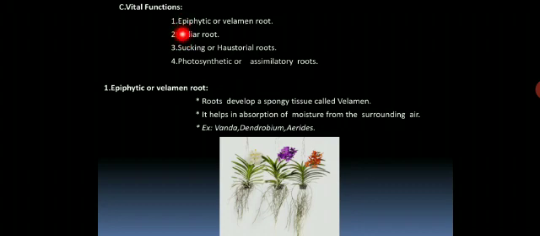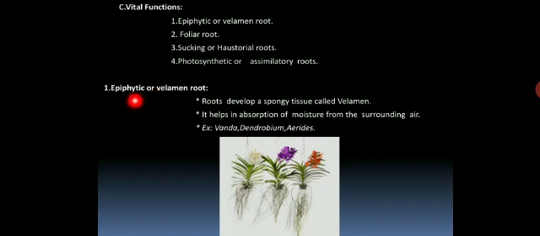First one, what is epiphytic root? Why do we say it is otherwise called velamen root? Epi refers to upper side. Phyte refers to plant. The plant has the capacity to grow on another plant. That type of plant is called an epiphytic plant. The epiphytic plant contains a special root or special tissue. That special tissue is nothing but velamen tissue. So it is otherwise called velamen root. For example, Vanda. Here we want to study the epiphytic root and its character.